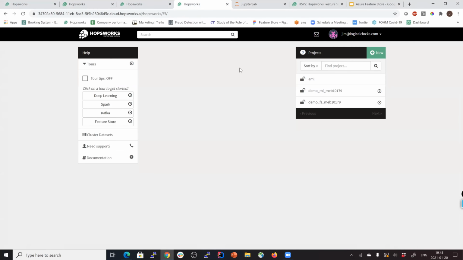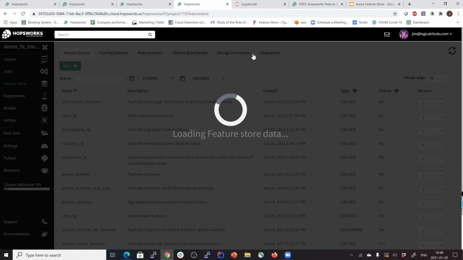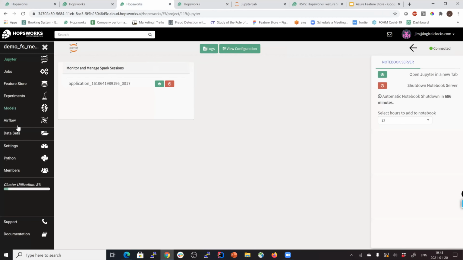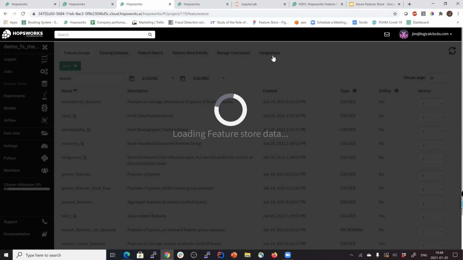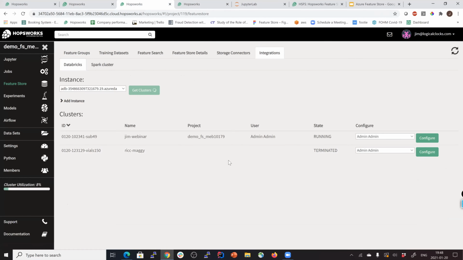So we went in here and I pressed this, not storage classes, integrations. Maybe it wasn't this one. It's this one here. Let's have a look. Okay, so we can call it get clusters in any case. So you can see I have a couple of clusters here, one's terminated, one's running. I can decide to configure it for my user in this particular case, and I